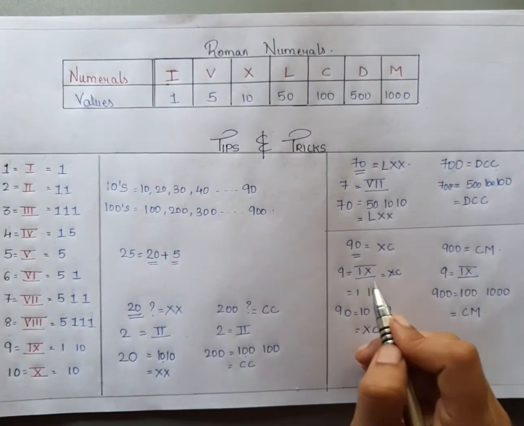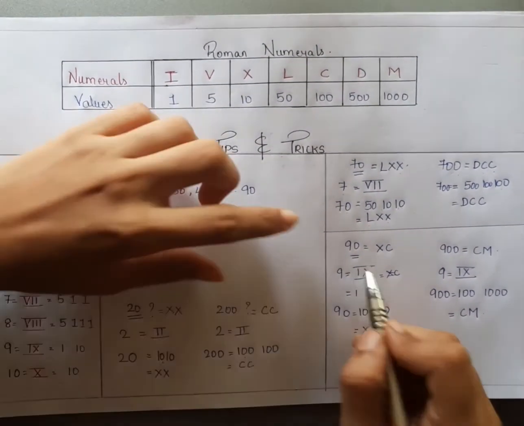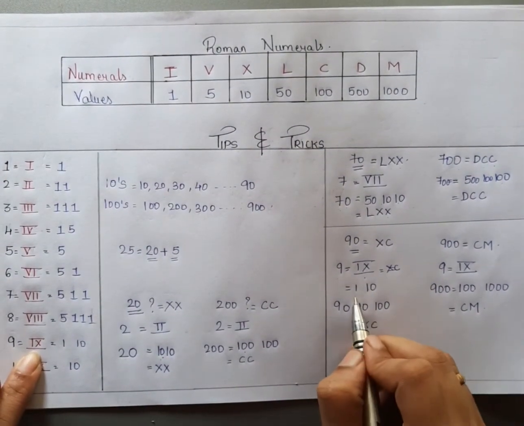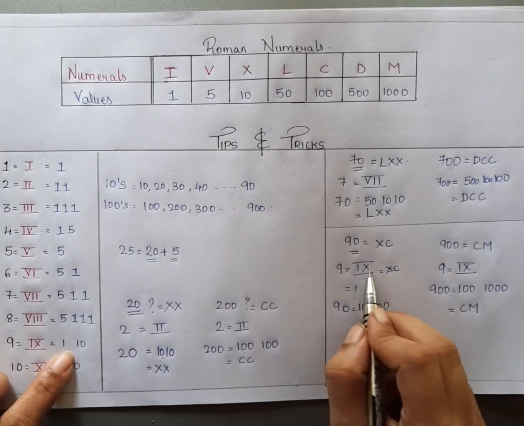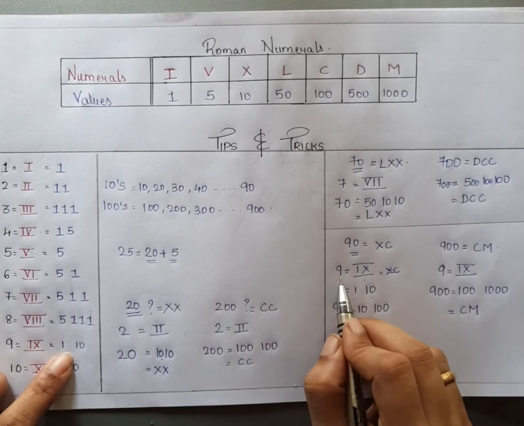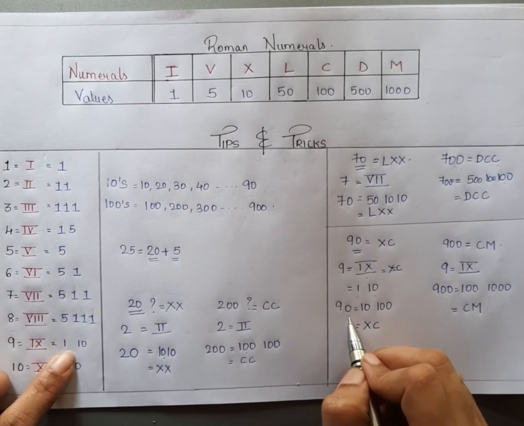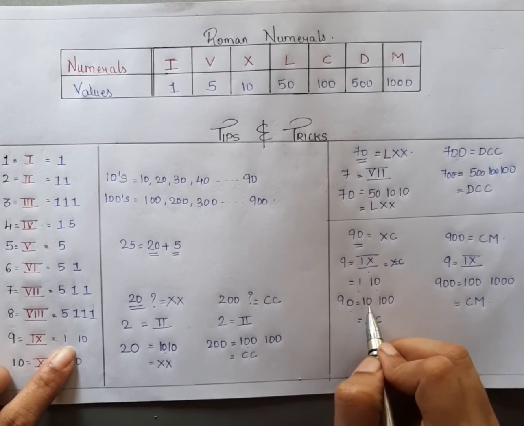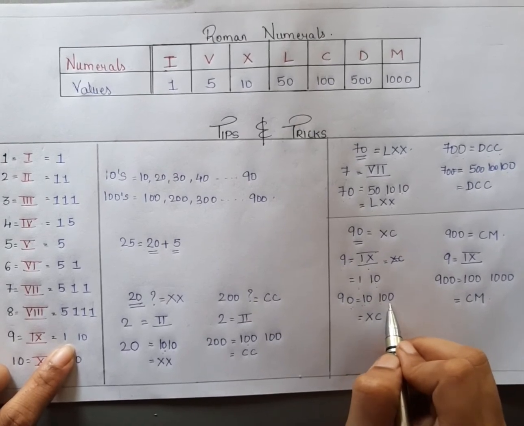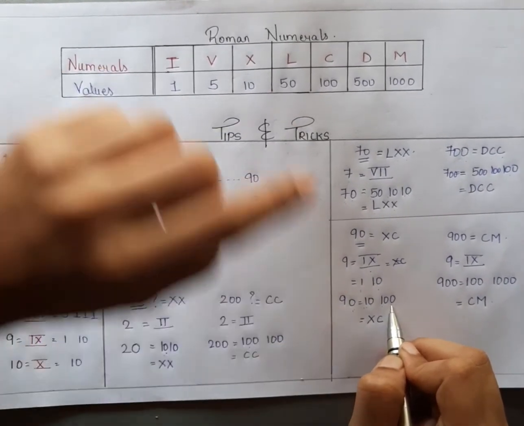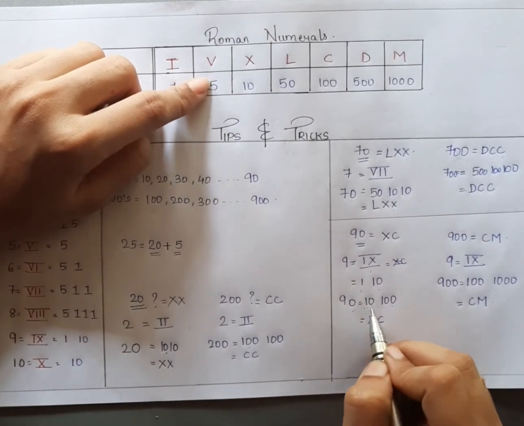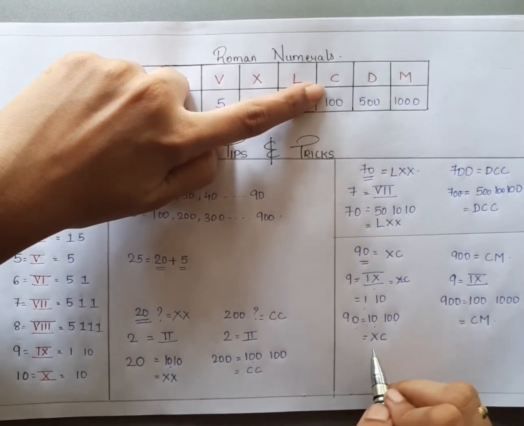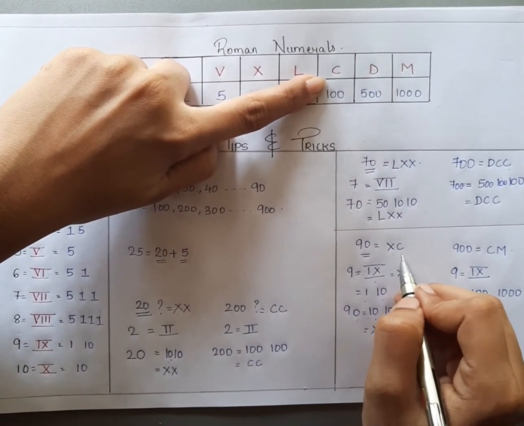The last example I have taken is 90. I wrote 9 in Roman numerals, it is IX, and replaced it with the numbers. I stands for 1 and X stands for 10. Now I converted this 9 into 90 by adding a 0. The same effect goes on the right hand side. This was 1, so I added a 0 to it, and this was 10, so I added a 0 to it, making it 100. Then I replaced them with the Roman numerals. X is for 10 and C is for 100. So I got the Roman numeral of 90 as XC.